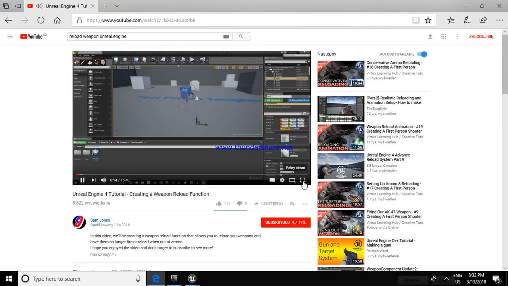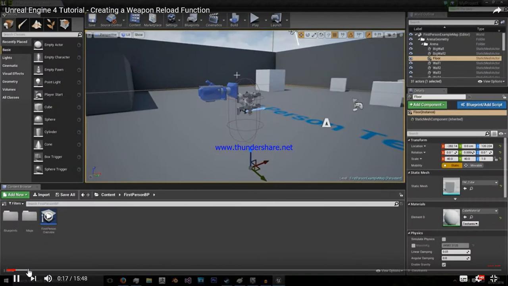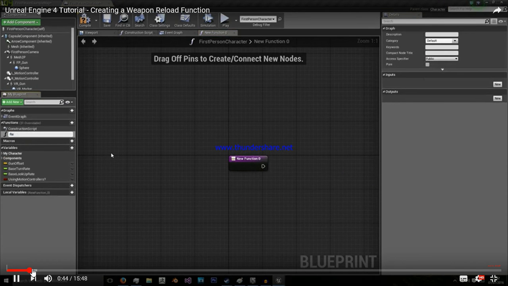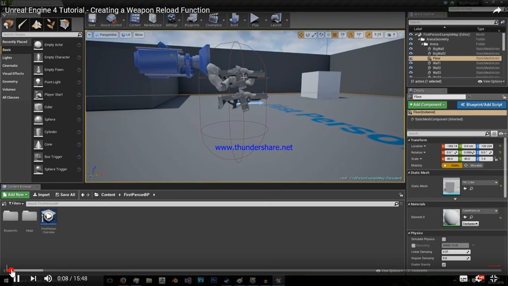However, there was an issue with how we were doing the reload mechanism, meaning function, so we'll just do reload more ammo than you had tutorial in